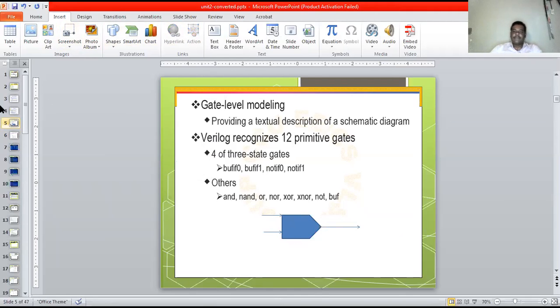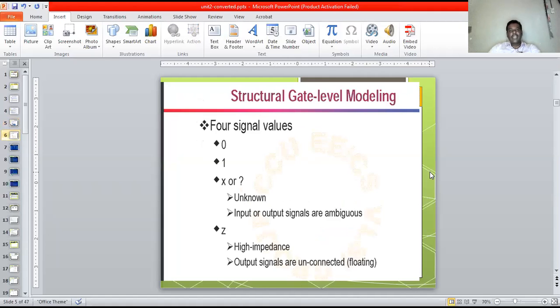For example, let us consider this is the port A and this one is the port B, and this is known as the output port. So input port A and input port B, as well as the output port C here. What type of inputs can we apply at this terminal, and what type of inputs at this terminal, and what type of outputs can we get at this terminal? In gate level modeling, we will discuss those types of input signals applied at the input terminals here.